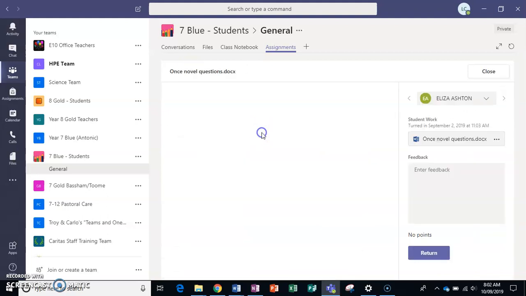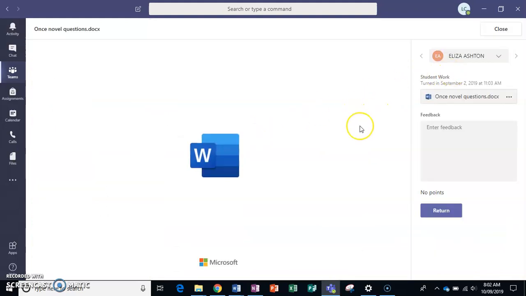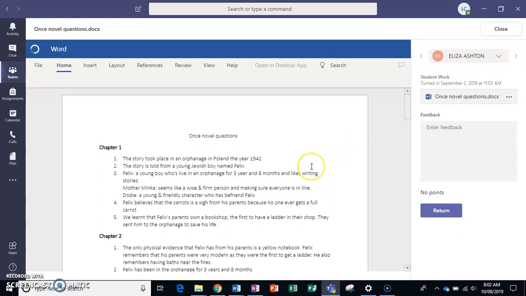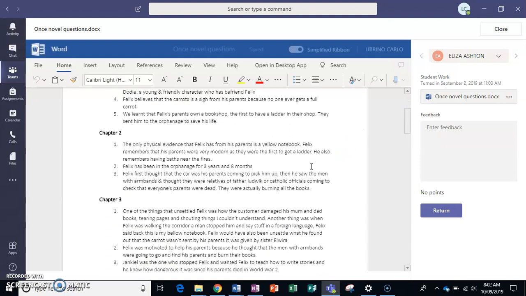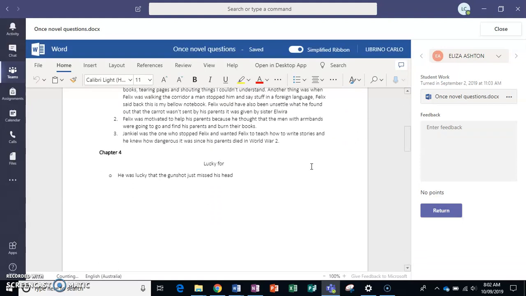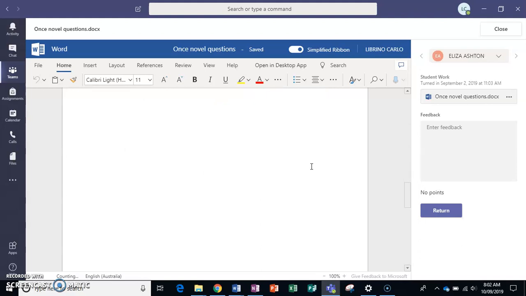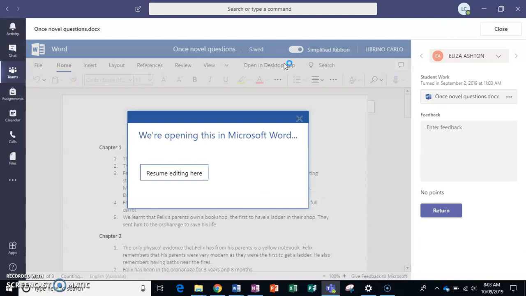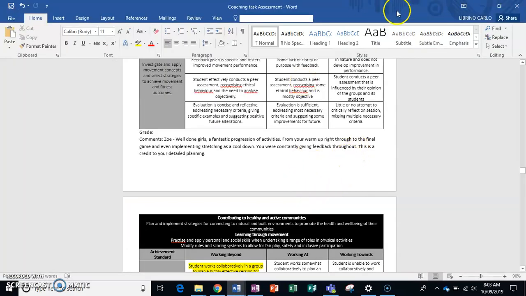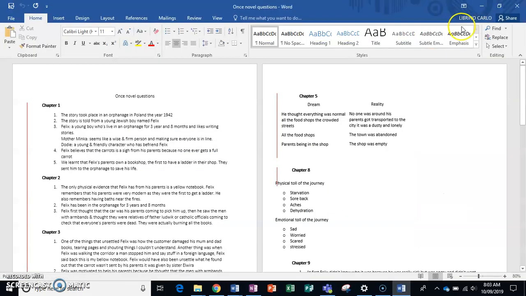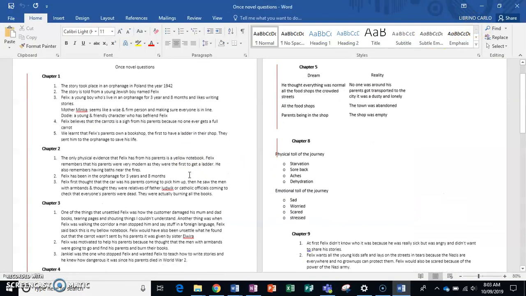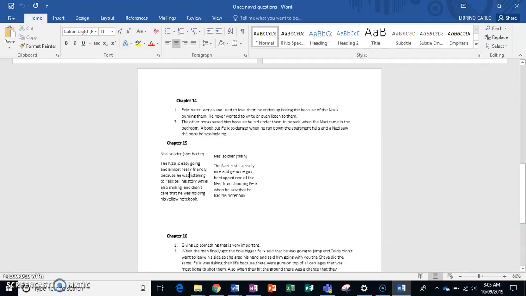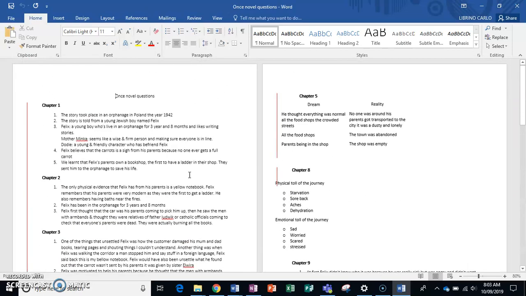So if I click on Eliza's work here, up will come her work, and I can see through there, this is using obviously Microsoft Online, which I don't like to use, and all I need to do is click on here, open in desktop app, and up comes her work. So I can see all of that, and I can actually use the Word tools to edit all of that. If I click on review up here,